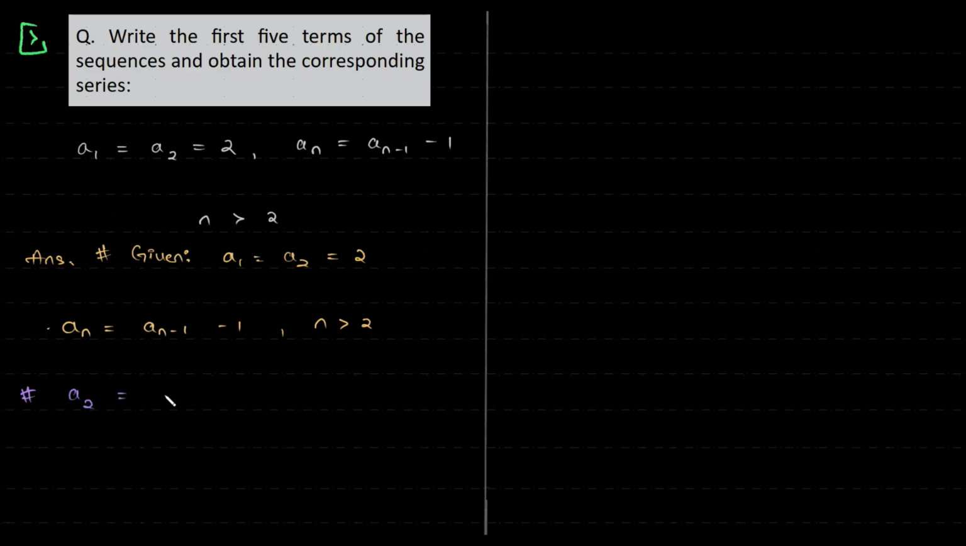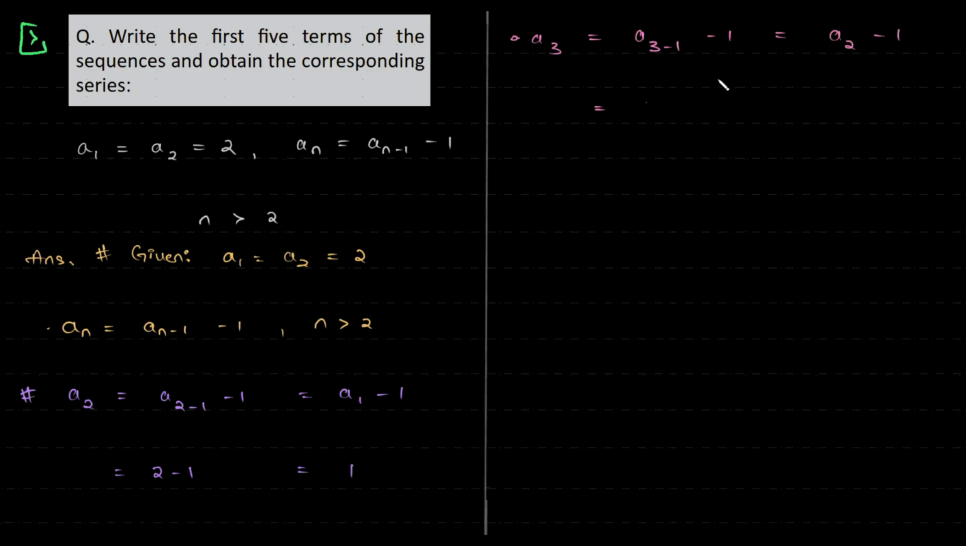So A2 will be equal to A(2-1), which is A1. A1 is 2. 2 minus 1... Next, A3. So A3 is A(3-1), which is A2. A2 is